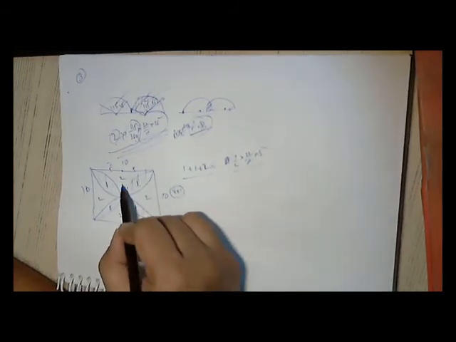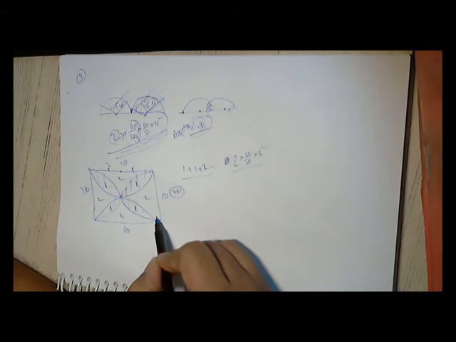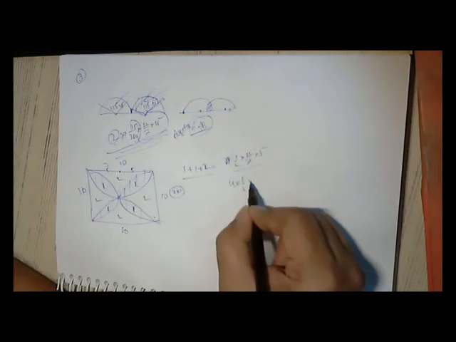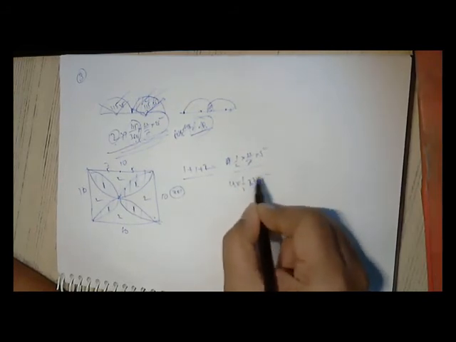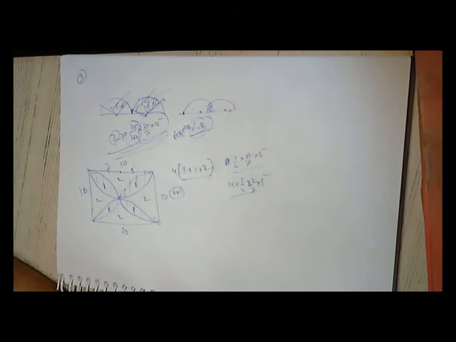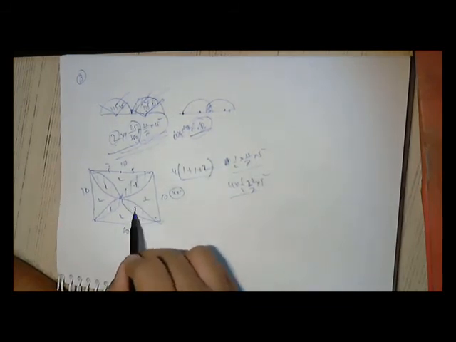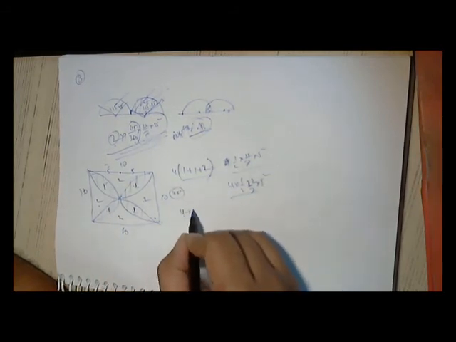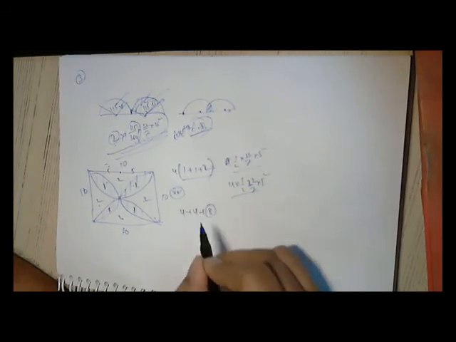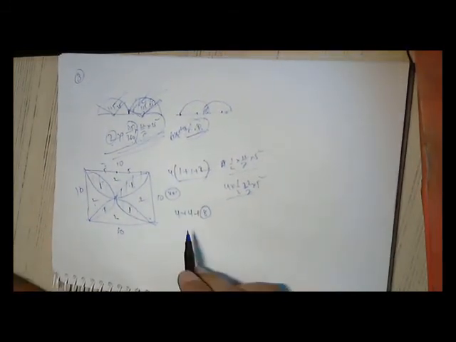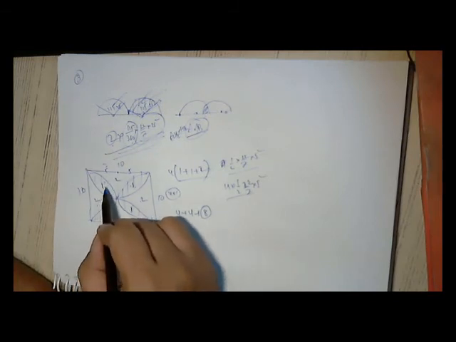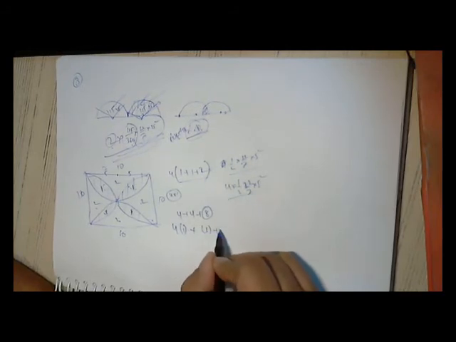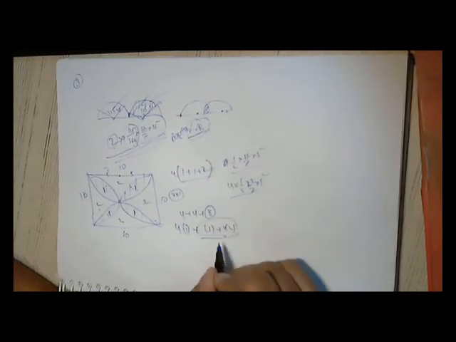This is half pi r square, this is another half pi r square, this is another, and this is another. So I am putting 4 into half pi r square equal to 4 into this. Again, all the same: 1 plus 1 plus 2, 1 plus 1 plus 2, 1 plus 1 plus 2. All are same, so I am getting 4 plus 4 plus 8. My requirement is only 1 plus 1 plus 4. 4 into 1 is my requirement. 4 into 1 plus 4 into 2 is my extra requirement.